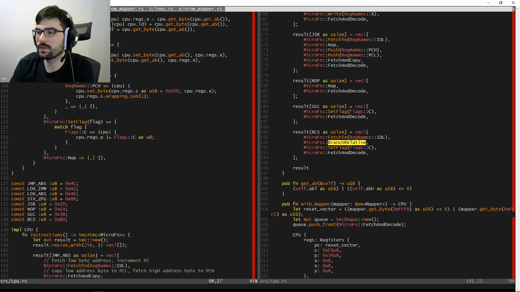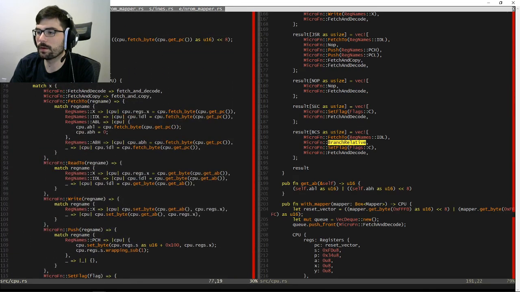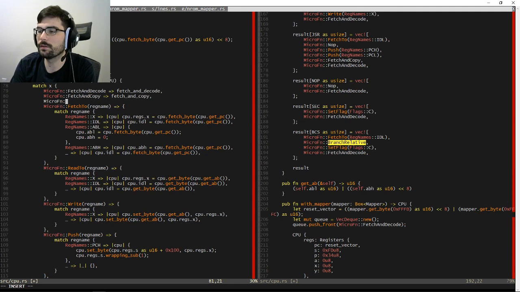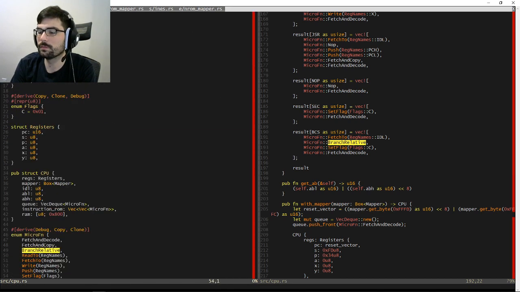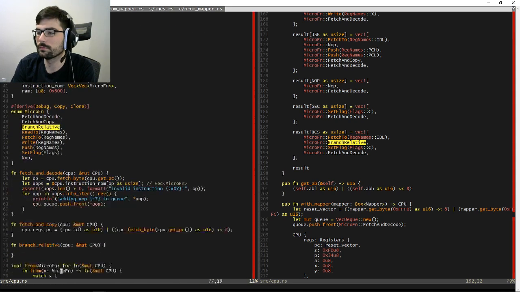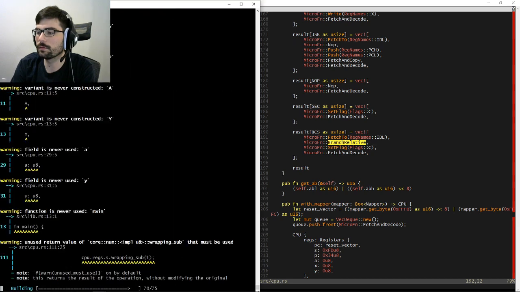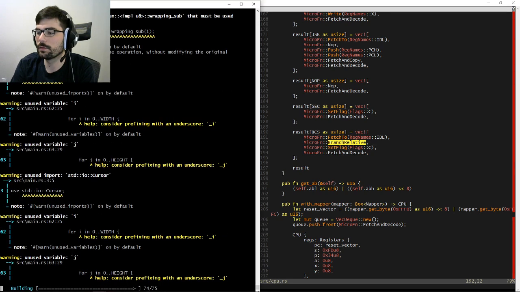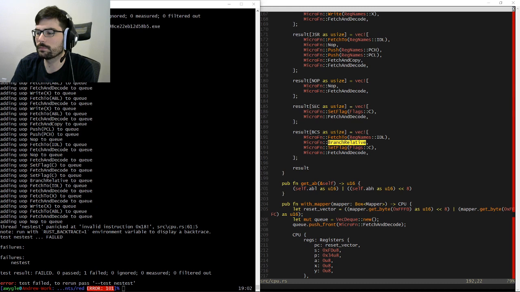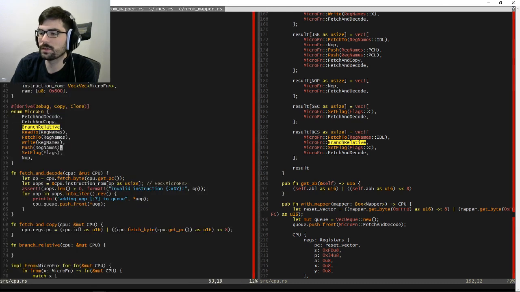So this is an easy one to implement in this branch here, because all we need to do is just branch relative. It's easy. Stupid thing. Okay. Go. Run. Blam. 18. Which is going to be totally wrong because I didn't actually implement this. Okay, so